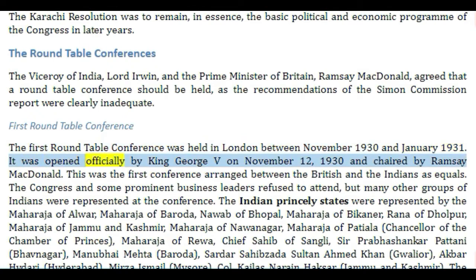It was opened officially by King George V on 12 November 1930 and chaired by Ramsay MacDonald. This was the first conference arranged between the British and the Indians as equals. The Congress and some prominent business leaders refused to attend, but many other groups of Indians were represented at the conference. The Indian princely states were represented by the Maharaja of Alwar, Maharaja of Baroda, Nawab of Bhopal, Maharaja of